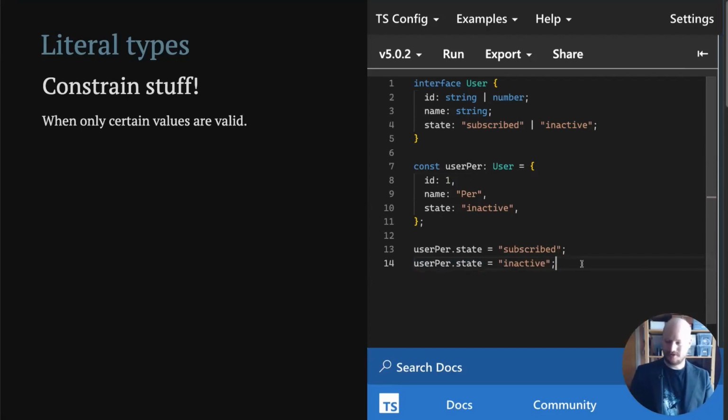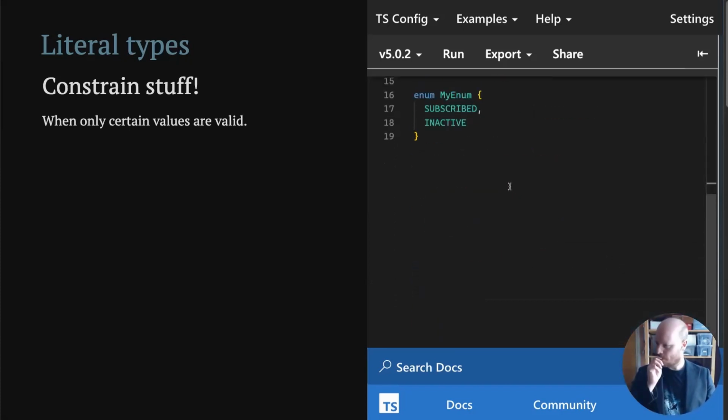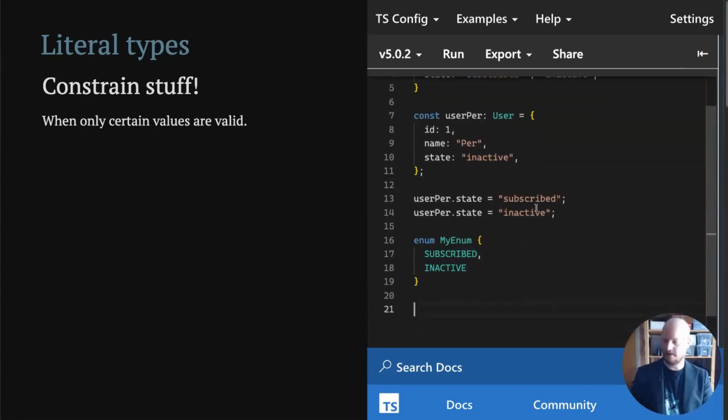And now some of you might say, but why are you using strings here? Shouldn't you be using enums? Like my enum, subscribed, inactive. And the way you're using this is then by typing my enum.inactive. You can,